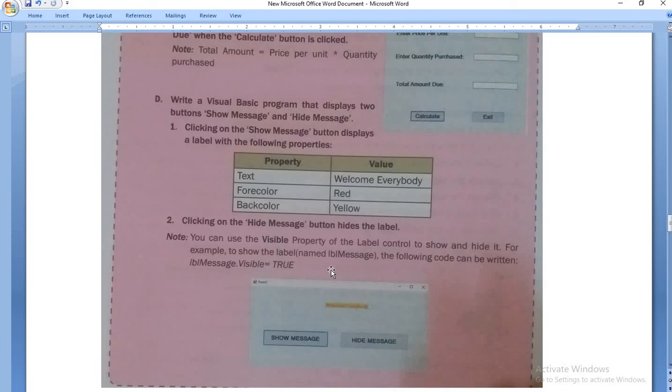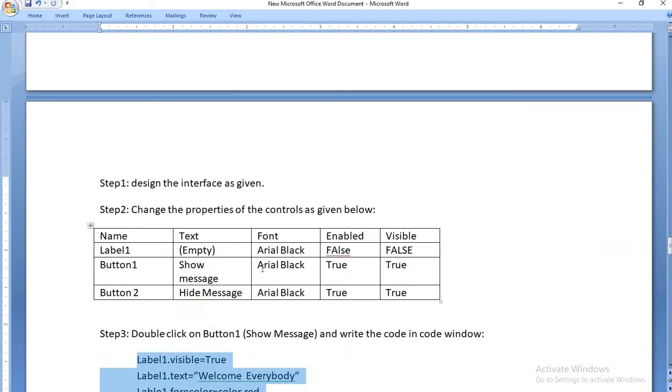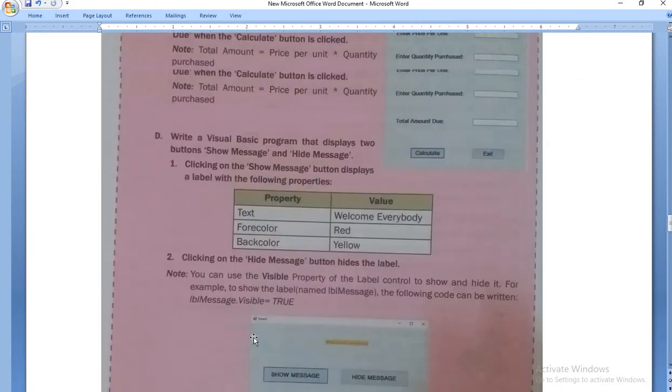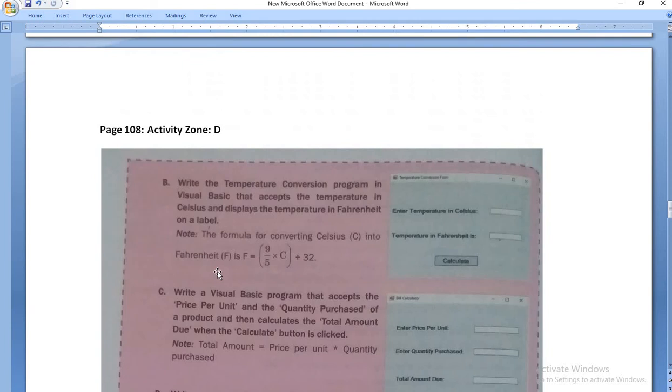Okay, one more thing we have to change. Visible property we have already changed, so this is the program, and you have to write this program in your fair notebook. Clear?